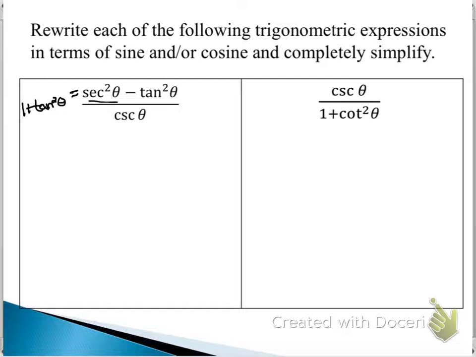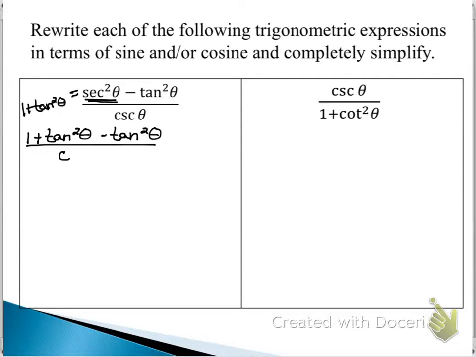And so if I was to substitute it, I'm going to write it exactly the same way, but instead of writing secant squared theta, I'm going to write the identity of 1 plus tangent squared theta. And then keep going, minus tangent squared theta